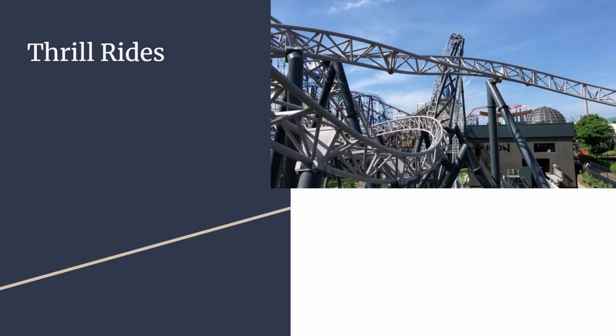And it features a top hat element after the first launch, which basically tips you a little bit back and gives you the effect of lifting out of your seat. It has a sort of sideways loop-de-loop, which doesn't send you upside down or anything, don't worry about it. It's like a weird inverse helix. It offers a series of bends and turns, a zero-G roll, and an Immelman loop,